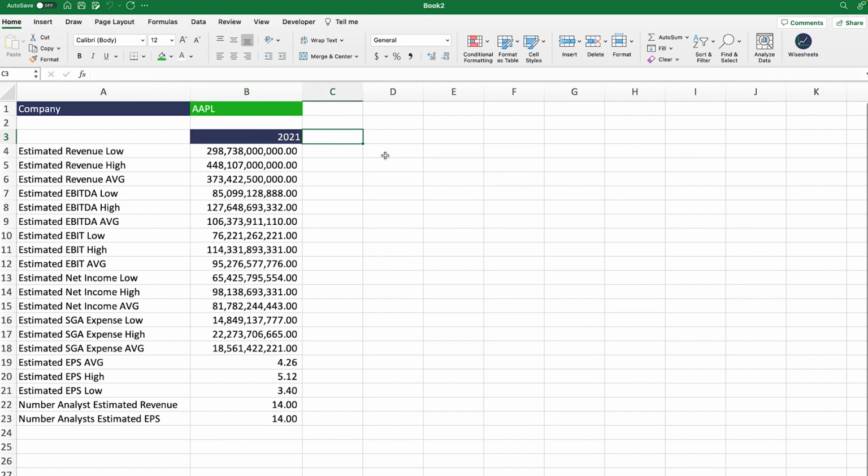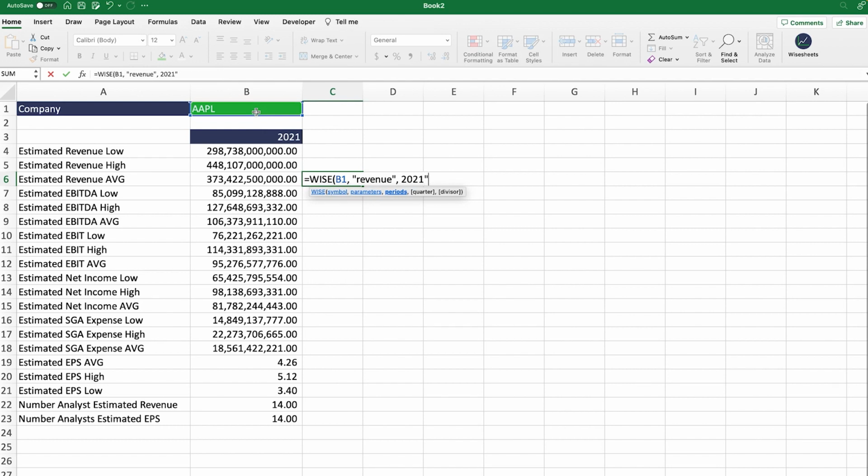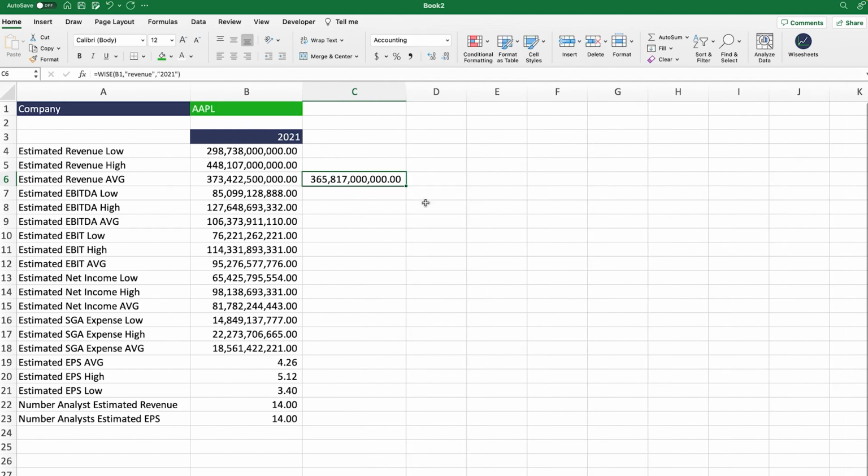So if I wanted to get the actual results of the company, we could in this case just say WISE symbol revenue and then 2021. And as you can see, now we can compare the estimated revenue average from the analysts, the high and the low, with the actual financial result that the company had in 2021.